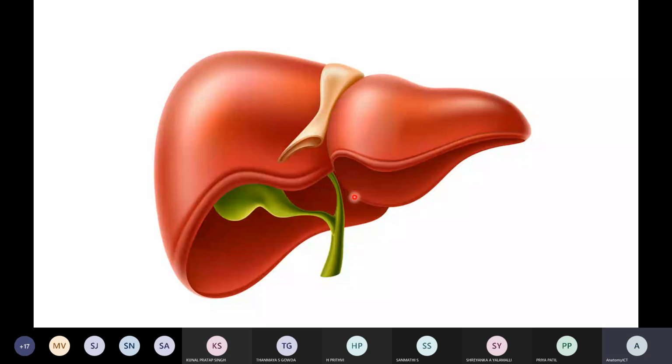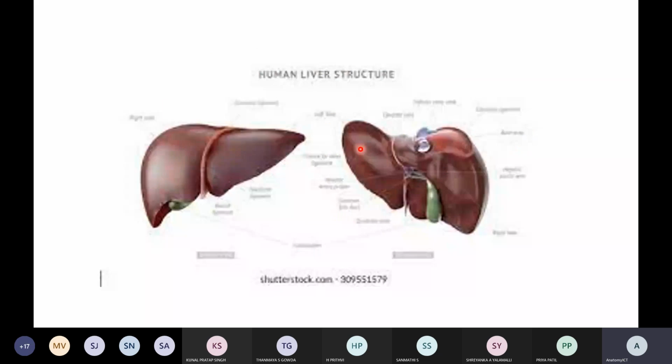So this upper part is posterior and this lower part is inferior. That is the reason this particular surface is called the posterior inferior surface, and this is the superior anterior surface,